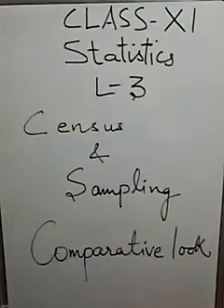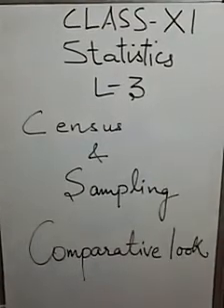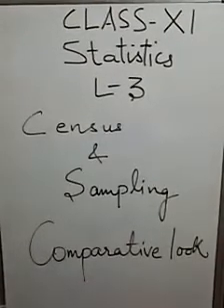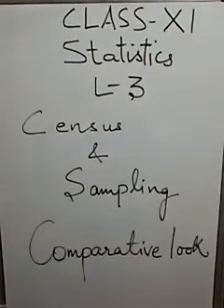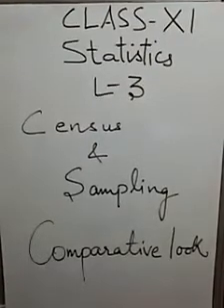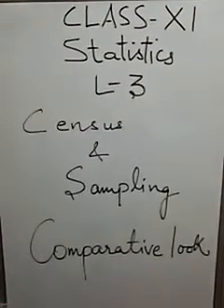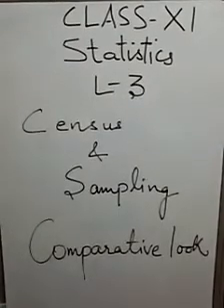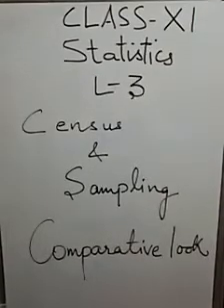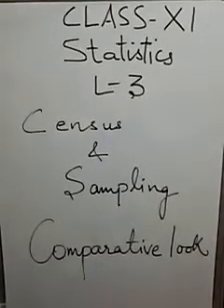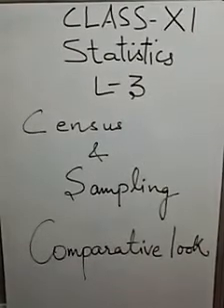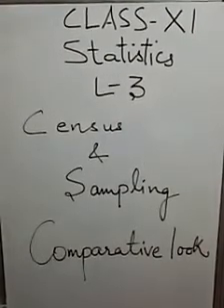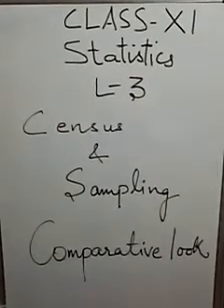Starting with coverage. In the census technique, the investigator collects information relating to all the items in the population, but in the sampling method, only some of the items which represent the population are covered for an investigation. Suitability. The census method is suitable when the area of investigation is relatively small, but on the other hand, when the area of investigation is too large, it is the sampling method which is generally used for these purposes.